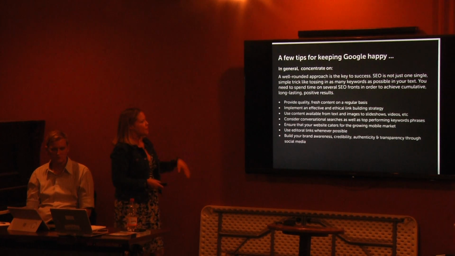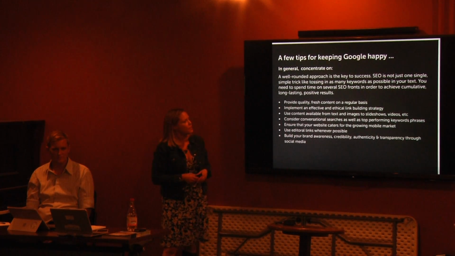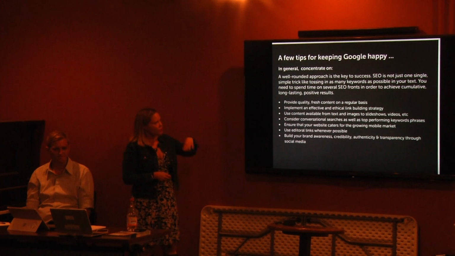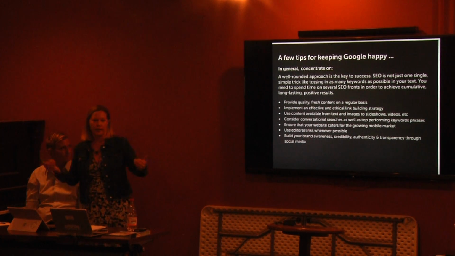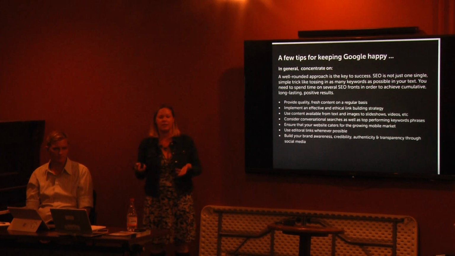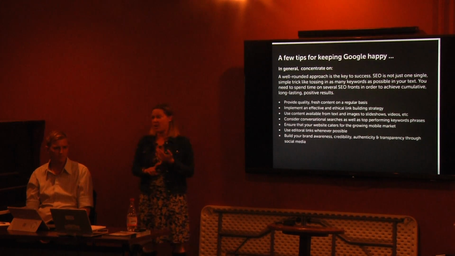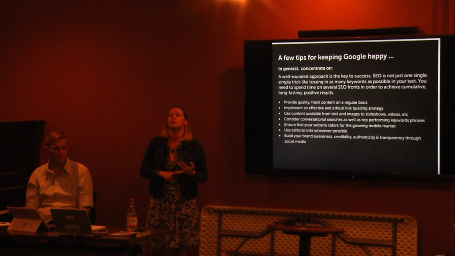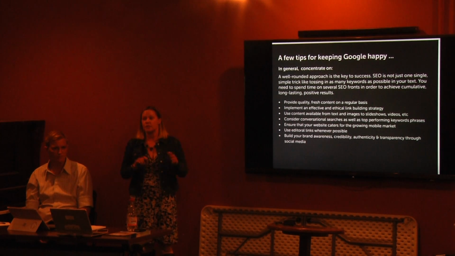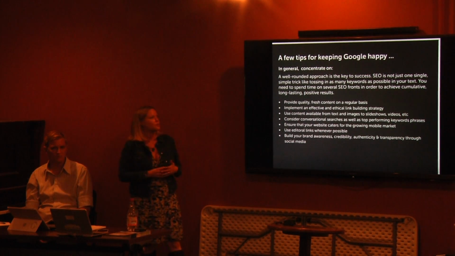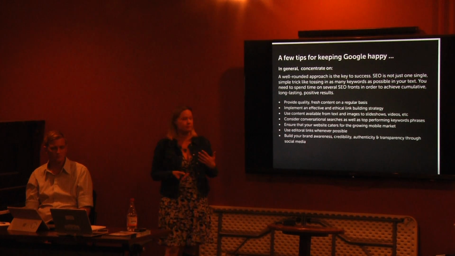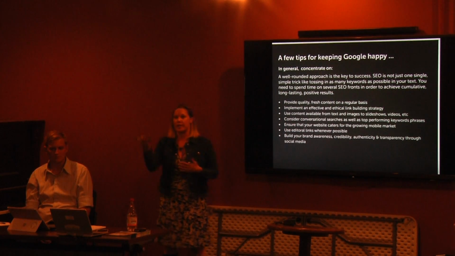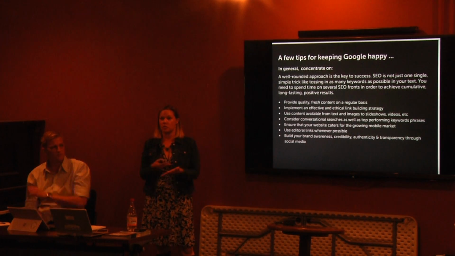So in order to make Google happy, we have a few tips and tricks. In general, we concentrate, of course, on that well-rounded approach that I was saying earlier about organic versus non-organic. Organic is really doing things to make your site found and relevant. So blogging is an awesome way to have organic ranking potential because Google loves new, fresh content. So updating your pages is all well and fine, but adding more relevant, fresh information to the site really, really helps the ranking. And so if you balance that with paid search or some sort of AdWords campaign or something,